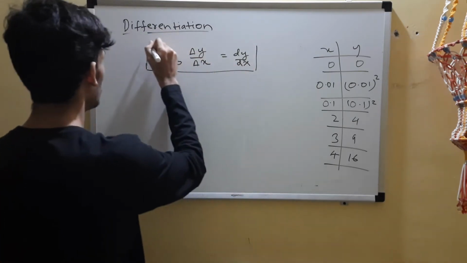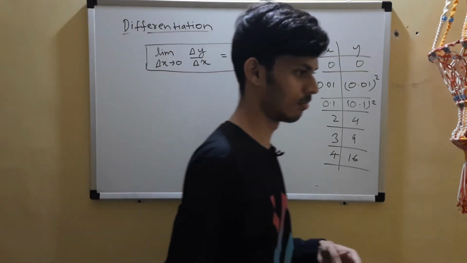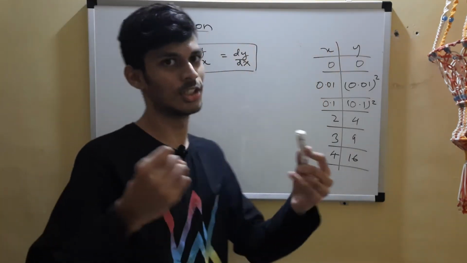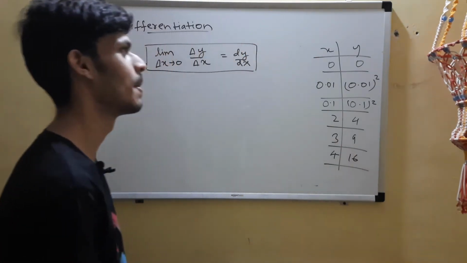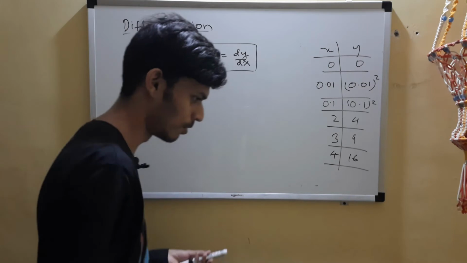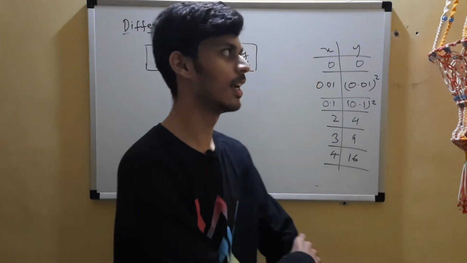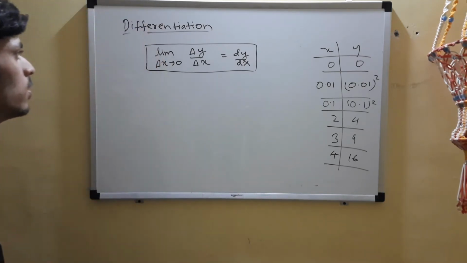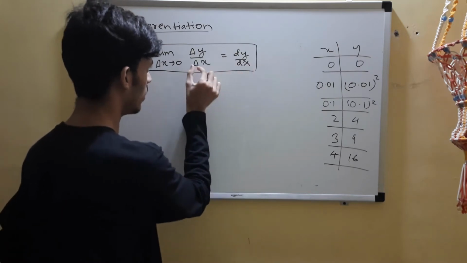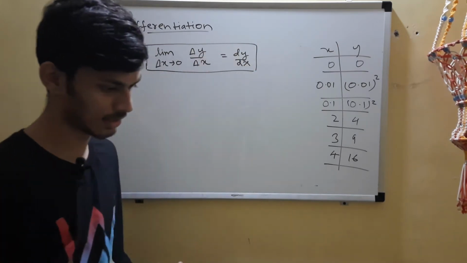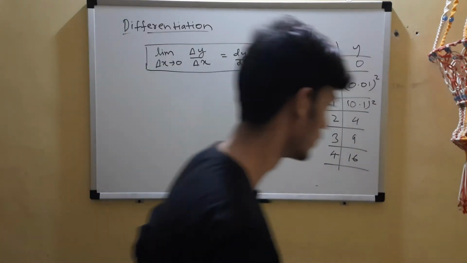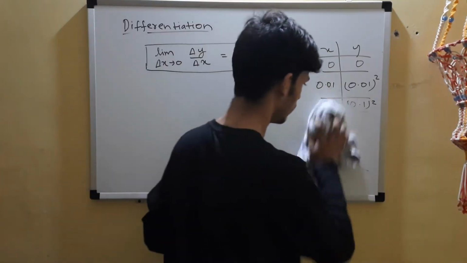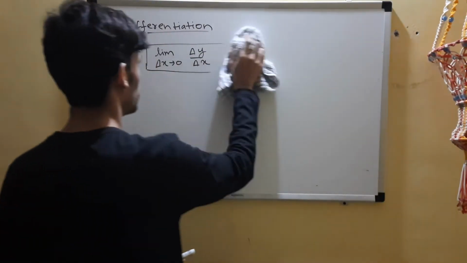There are some rules. Even if you didn't get the lecture till here, it's of no use. Actually, the lecture till here is of no use. It was just to give you a feel of differentiation. Okay. It doesn't make a difference even if you don't know this. The things that I'm going to state now, you should note, and that is what is important. Okay, so when these changes are small, you can replace delta by d. So delta y by delta x. Okay, very fine. We'll come to the graphical approach also. That time you will get an even better feel, which is the last part of the video.